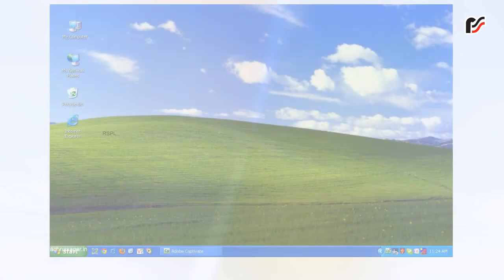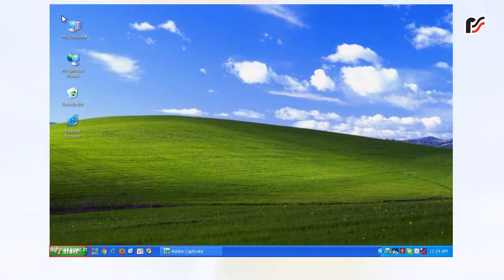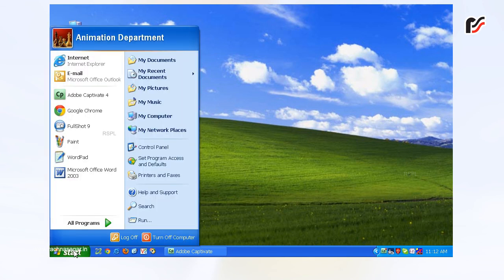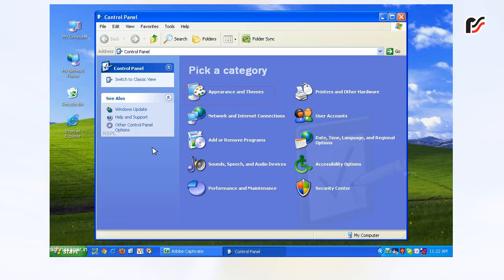To customize the taskbar, click on the Start button. Click Control Panel. Click on Appearance and Themes.